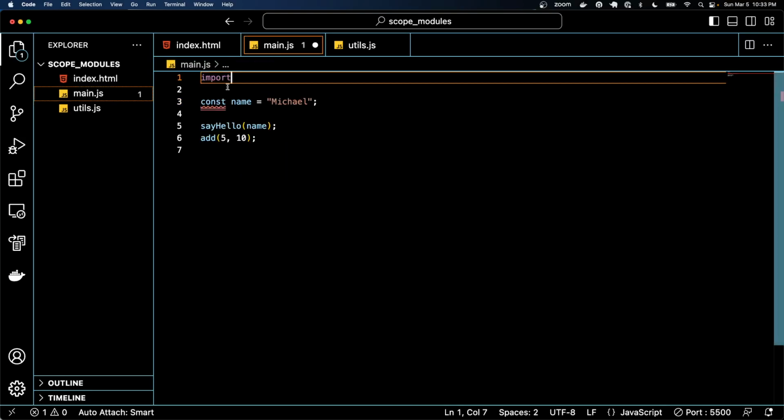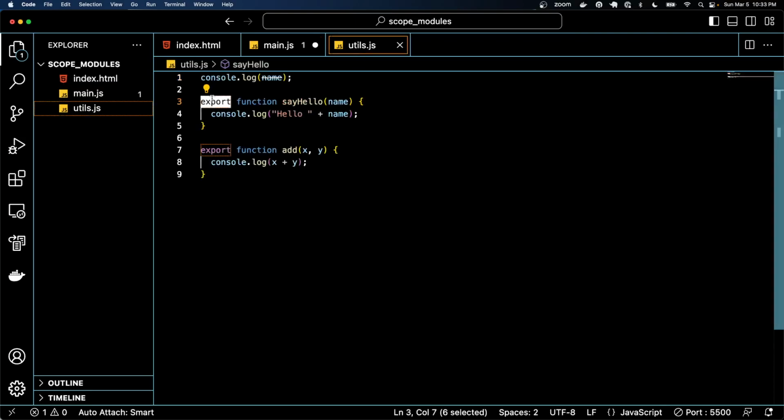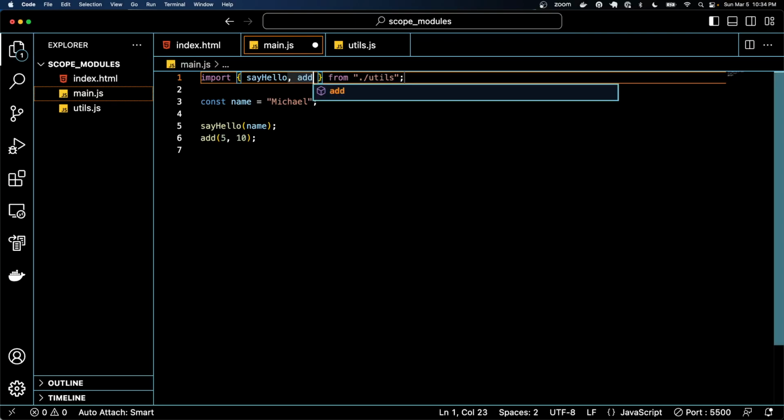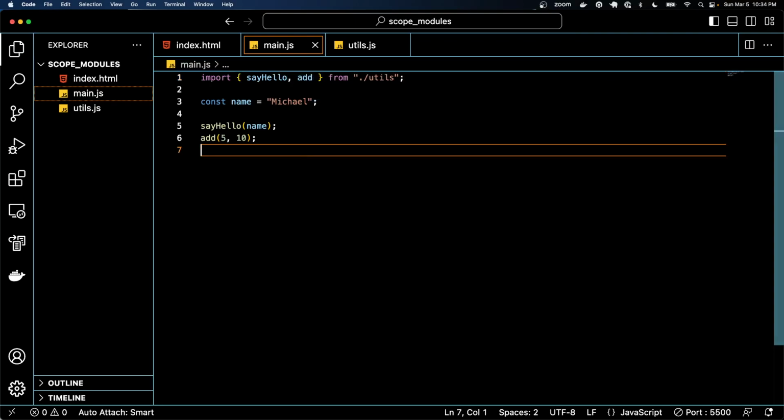And now in this module, I can import them. And I have to actually use this curly brace syntax because by default, that's how exports work. It's all exported in this object, and we're actually destructuring those off of the export. So we're going to import say hello, and you can tell VS Code already knows where to get these from. It knows the context, so it's been very helpful there. And add. So if I save that,